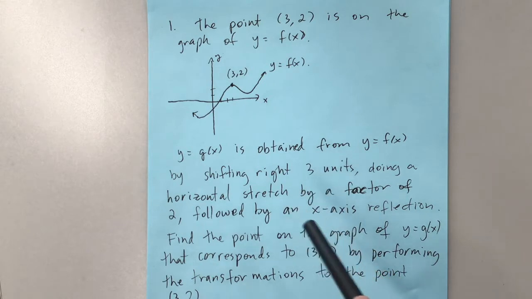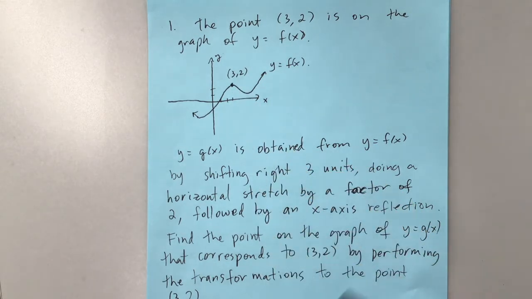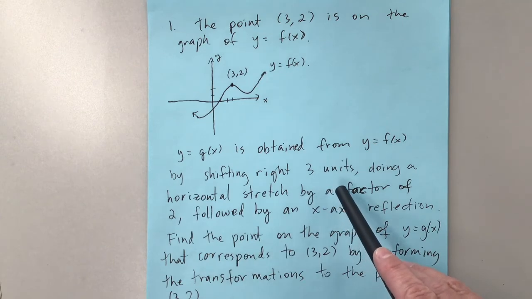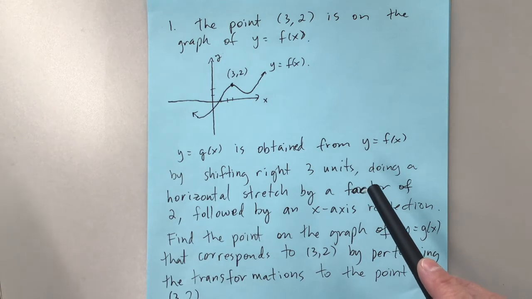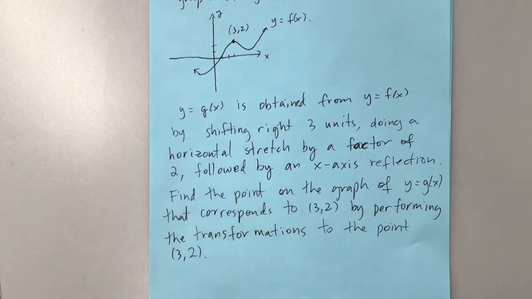Basically I'm going to do all these transformations to the point (3, 2), and that's going to give me a point on the graph of y equals g of x. So: right 3 units, horizontal stretch by 2, x-axis reflection. The first two are in the horizontal direction, which means we perform those actions on the x-coordinate. So we're going to take our x-coordinate of (3, 2),